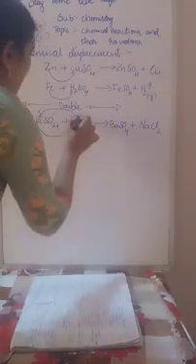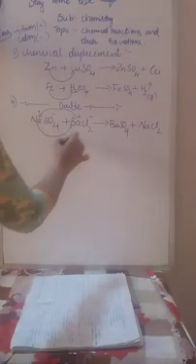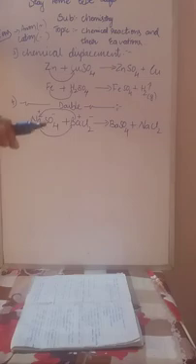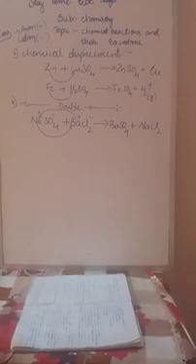Here, Na is the positive ion and sulfate is the negative ion, and barium is the positive ion, chlorine is the negative ion. So here the exchange of ions takes place. Exchange of ion in the sense, sodium positive ion changed with the barium positive ion, and barium positive ion changed its place with the sodium positive ion. So the reaction in which the exchange of ions takes place is called the double displacement.